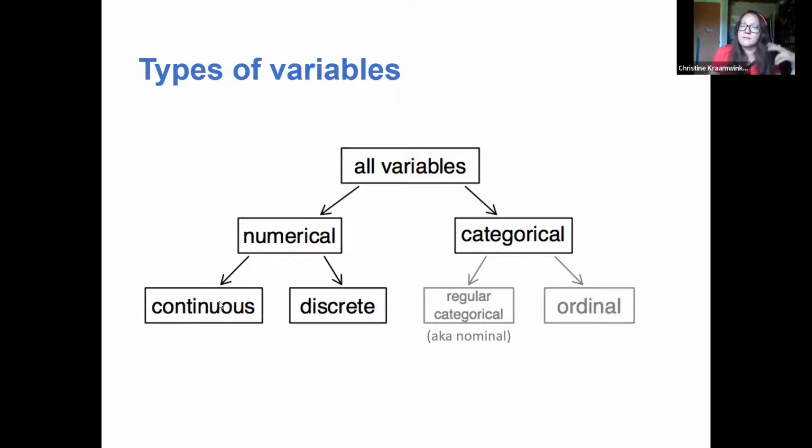Now, numerical data can be continuous or discrete, and in categorical data, we have nominal and ordinal. Most of you should have a basic idea of that, but ordinal means that there's some ranking system involved or some form of order in the data, where nominal is everything else. So it's basically just categories. Some textbooks call it regular categorical, some call it nominal.